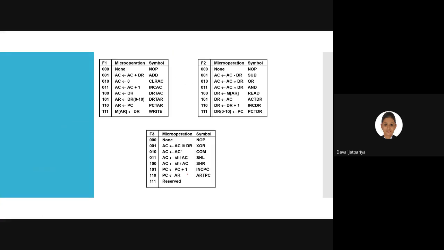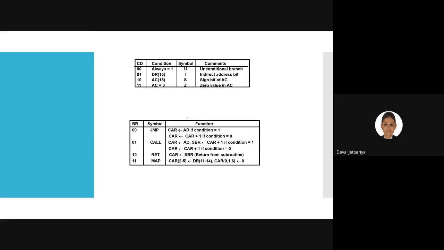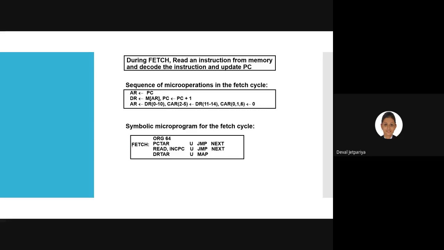So this format we had already seen, that is micro instruction format. After that we have seen a different table which we can specify as a set of micro operations in the form of F1, F2 and F3. Further we had specified various conditions of branching as well as various branching fields. Next, the label is also specified, and we had also seen some basic symbolic micro operations in one block, right?